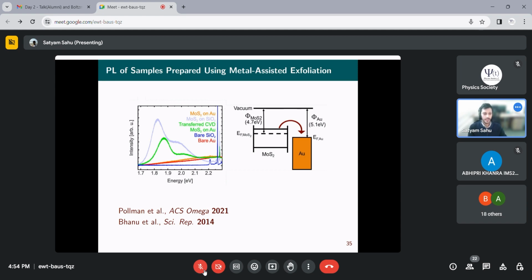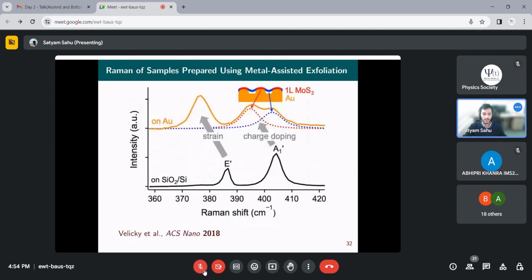Moreover, if you have the metallic substrate at the bottom, you cannot use those systems for any of the electronic studies, because for that you want the current to pass only through the material and not through the metallic substrate, because if current is passing through the metallic substrate, you don't see the effect on the material system. So for that you need a technique using which you can transfer the large size flakes